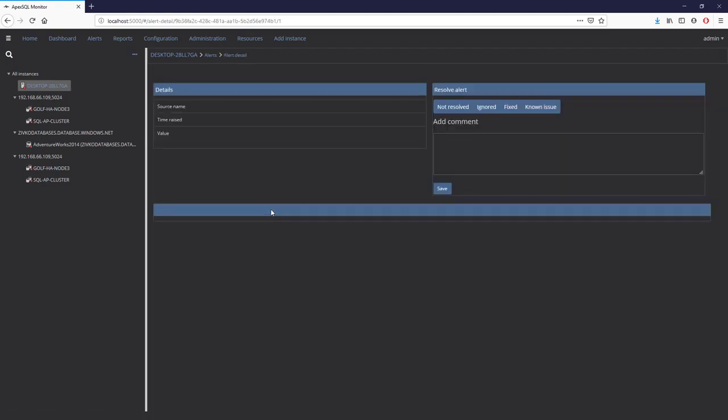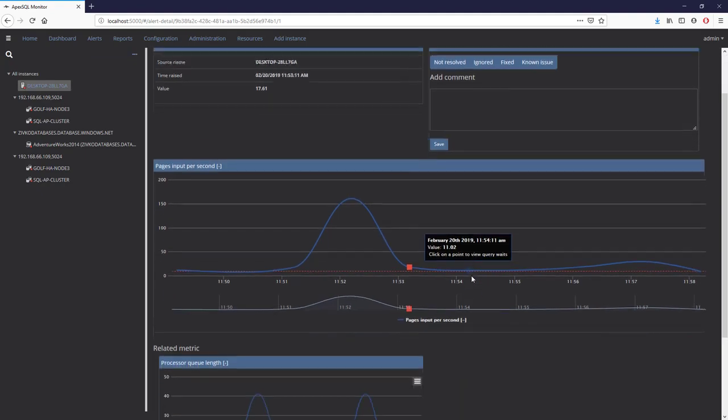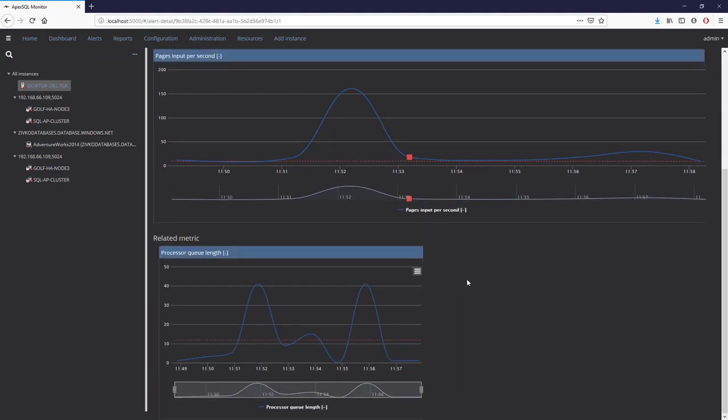When a particular metric is selected in the alerts list, an individual alert page will be opened with a chart of the affected metric, along with the alert icon on the curve, placed at the exact moment when the alert was